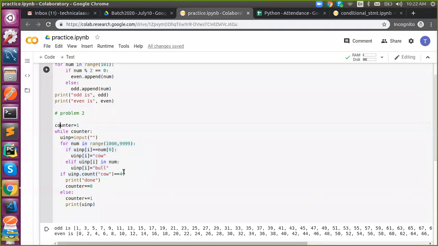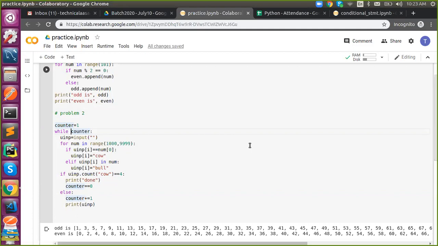Okay, so what you wrote with the counter was correct, while counter means we are supposed to proceed. I said in a Cowbell program we need to utilize all three cases, both a while loop, for loop, and if statement. Someone please mute yourself. Okay, good. So where do we need to use a while loop? Just assume the user is supposed to predict a random number. In that case we need an infinite loop, because we never know how many times the user will take to predict, right?